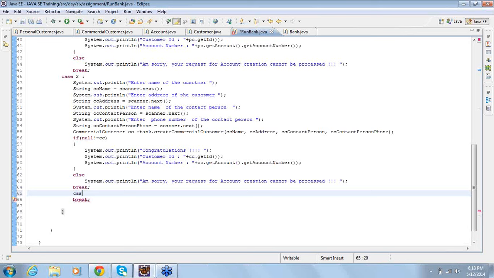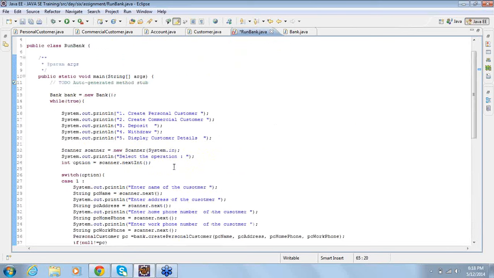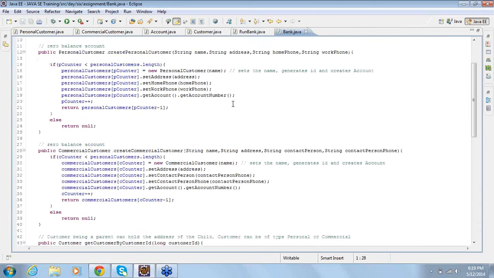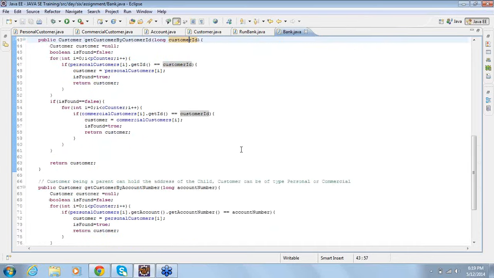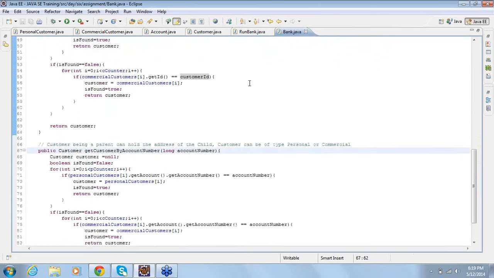Then comes the case 3. Now what is case 3? We said deposit and withdraw. Case 3 is deposit. Case 4 is withdraw. And case 5 is display customer details. Now, customer details can be found using what? Either using a customer ID or using account number.